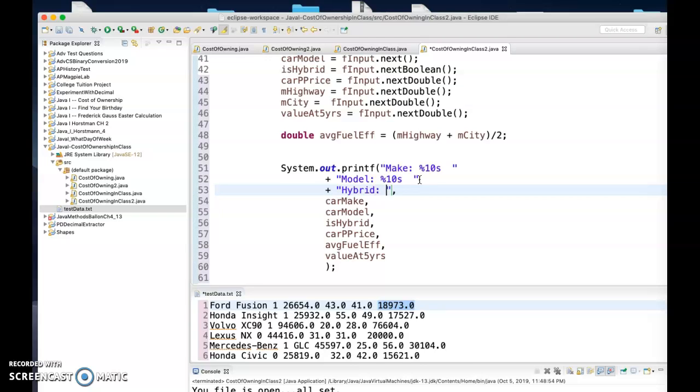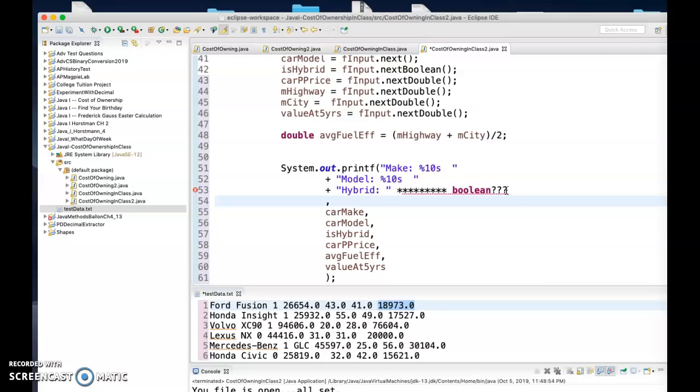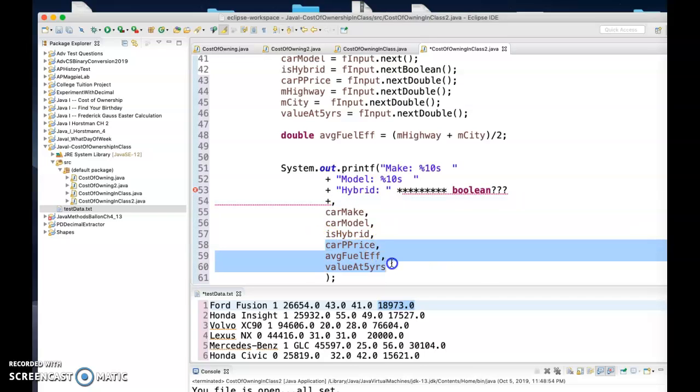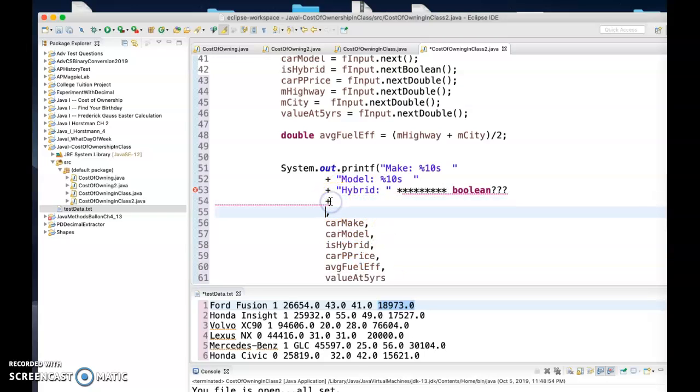Okay, like that. And then I don't have a thing for Boolean. So I'm going to just kind of punt right here. Okay, that's a mess. Not sure what to do with that. But okay, hang on. And we'll say hybrid. And then I have to get basically the car price, average fuel efficiency, and value after 5 years. So these are things we know how to do. So I'm going to go like this and say